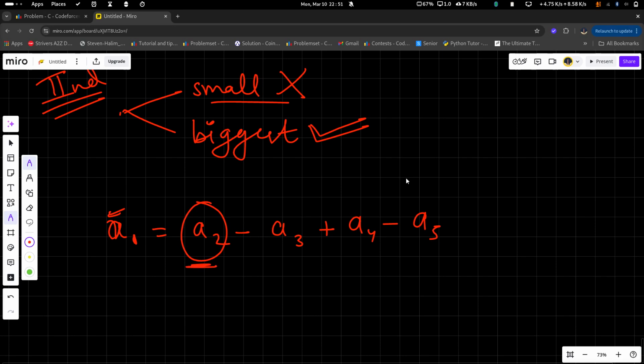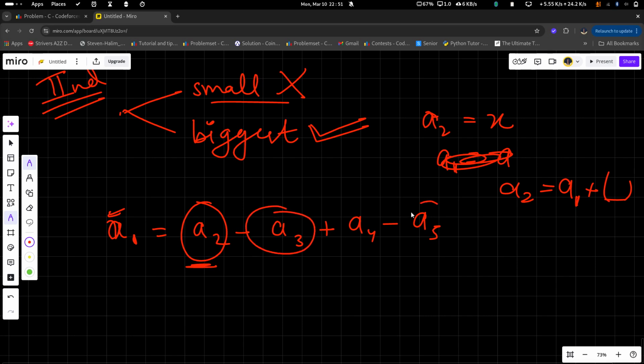First of all, if I take a2 as x, a2 will have a1 plus something, the thing which I am subtracting here.